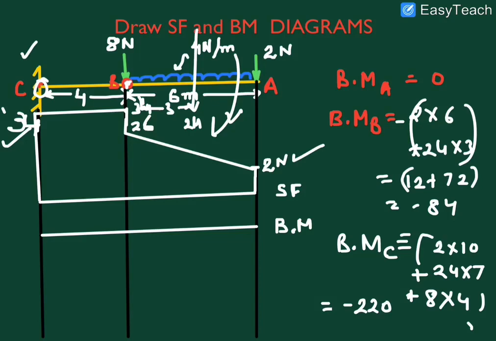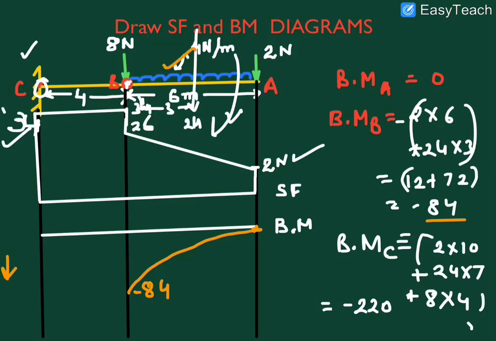Now we draw the bending moment diagram. For the bending moment diagram, we know that for the portion of the cantilever where there is a UDL, the bending moment diagram is curved, like this one. This is a curve, so we have to draw a curved diagram like this. Now the value at point B is minus 84. We represent here 84. As it is in the negative direction, negative is automatically considered, or you can place minus 84.